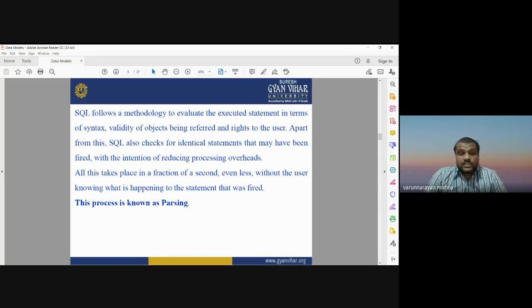Also, SQL is used to validate the objects that are being referred to and the rights of the user. Apart from this, SQL also checks for identical statements that may have been fired.